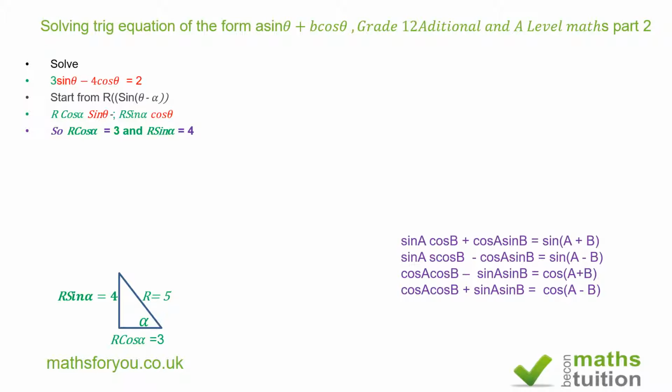So if I now draw a triangle, this triangle here, I've got that r sine alpha is equal to 4 and r cos alpha is equal to 3. If you divide sine alpha by cos alpha, you get tan alpha. But r sine alpha is 4 and r cos alpha is 3. So now